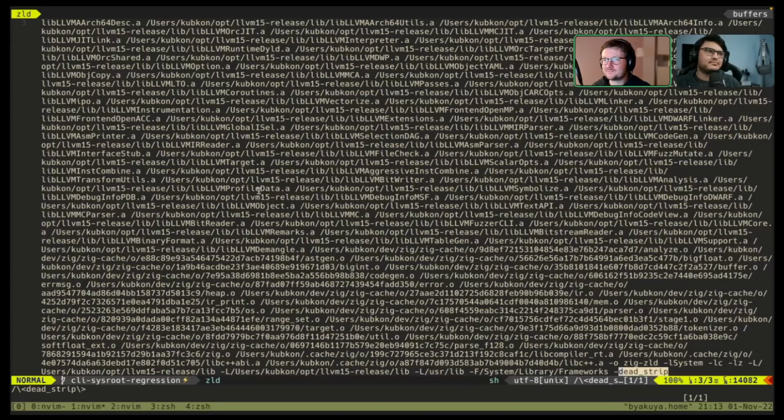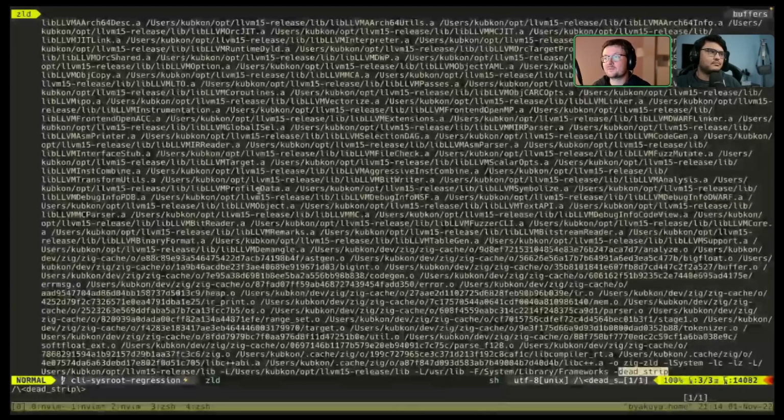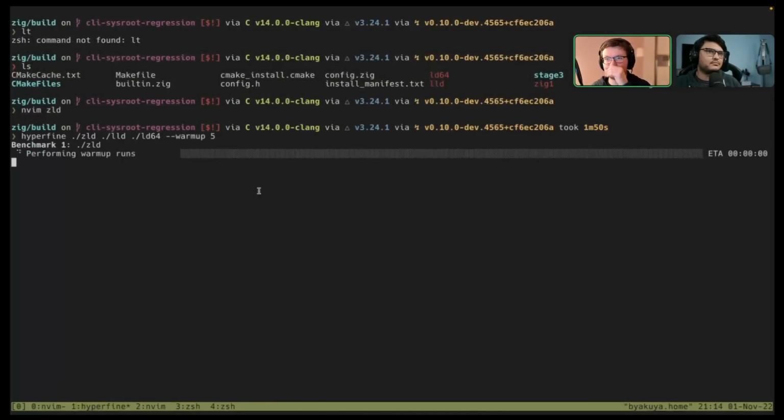So we have this working. It's fine. There are still things missing, like we don't have unwind info being generated, which kind of sucks for crash reports. But we'll get there. We don't dedupe C strings, but except for the unwind info, everything else is a nice-to-have optimization, which is not really required, but we will do it at some point, I promise. Then I use Hyperfine to actually run the comparison. I usually do a warm-up of 5, just to get rid of most of the statistical deviation.